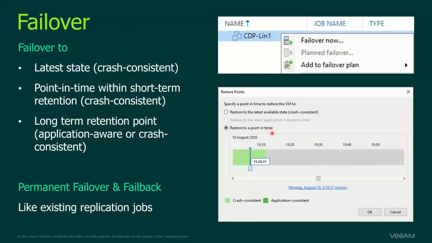So as for failover capabilities, it's all familiar coming from our regular application. You have the failover now option to spin up the virtual machine immediately. And you have add to failover plan, to have a failover plan with a list of machines in a certain order under which the machines should be started, unified within a single plan to accommodate the same purpose. So for example, a web server front end and back end could be added into a single failover plan. So you can failover to the latest state, obviously,